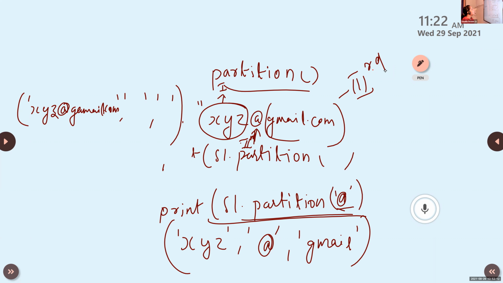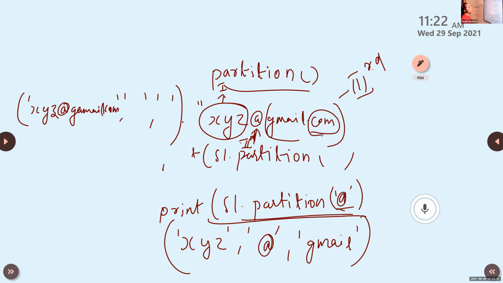Then if com is the separator, what will happen? The first part is xyz@gmail, the second part is the separator, that is com, and the third part is an empty string. Okay. Is it clear? Partition.